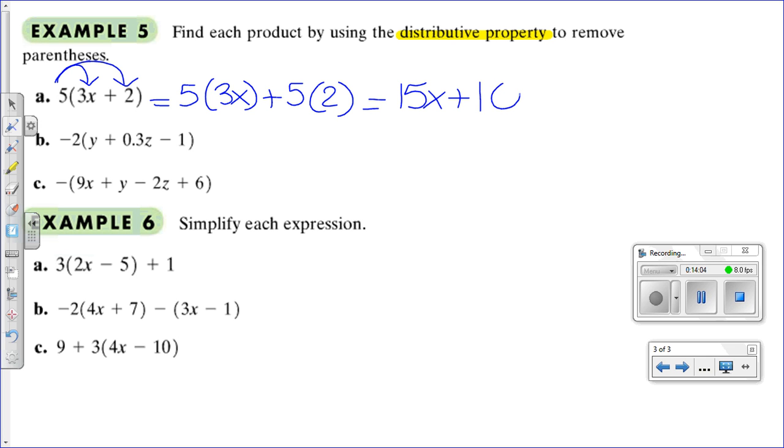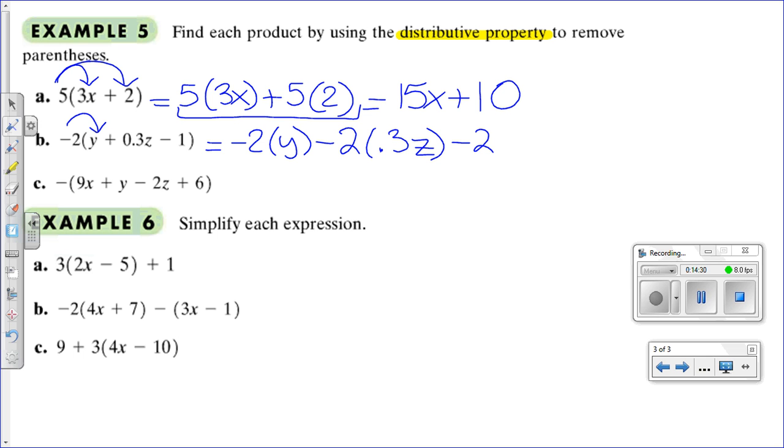And I know that some of you feel very comfortable doing this process in your head. However, if you're not so sure, it doesn't hurt to write it down. For the next one, we have -2. So we're going to distribute that -2. We'll have -2 times y, minus 2 times 0.3z,